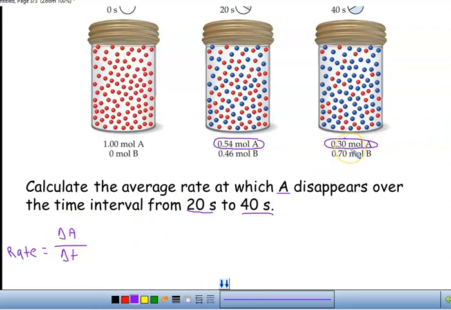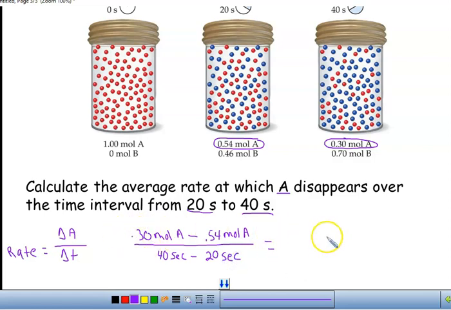So the final at the latter time is 0.3 moles of A, minus 0.54 moles of A, divided by our change in time. So the time is 40 seconds minus 20 seconds, and that will get our change. If I subtract this, I would get a negative 0.24 moles of A, divided by 20